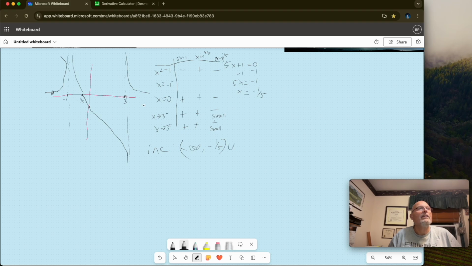And then it'll be positive again from 3 to infinity. It'll be decreasing from negative 1/5 to 3. And if we go back to the problem,